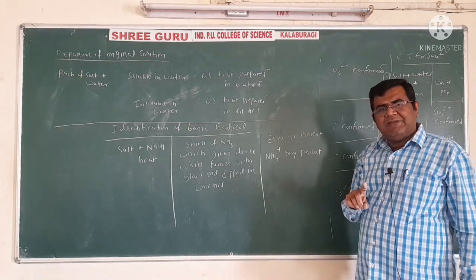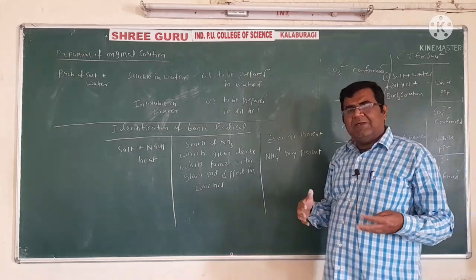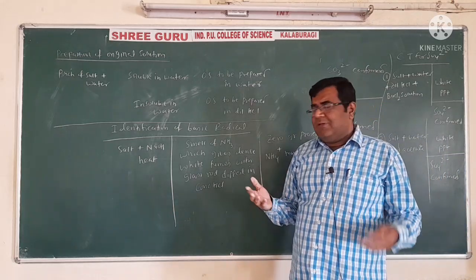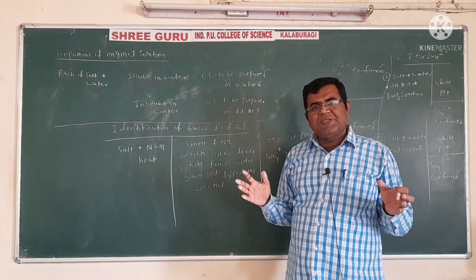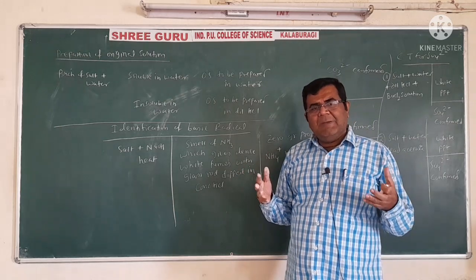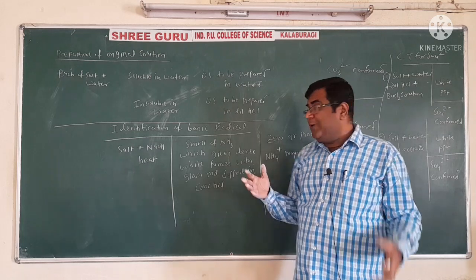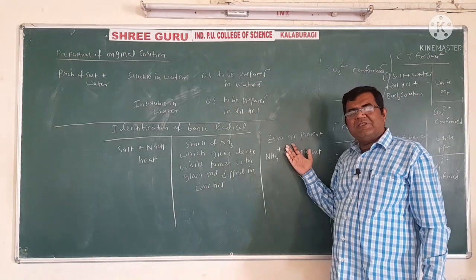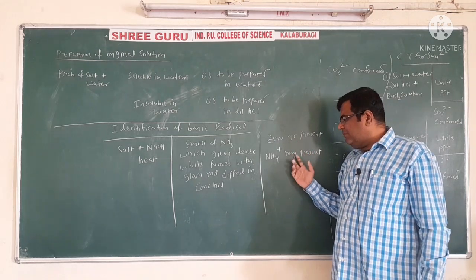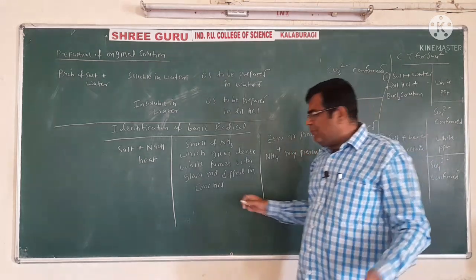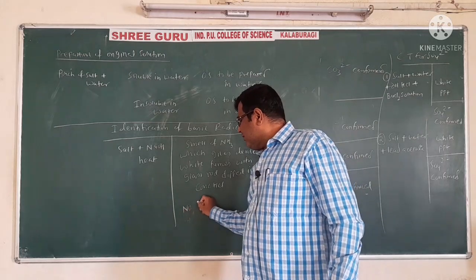Again and again I am telling that in that practical tension, when the smell of ammonia comes, you become very happy that your zero group is present, and in that happiness, in that moment, you may not write this zero group present, but that will cost you 1 mark. So write zero group present, ammonium may present. Or another possibility, no smell of ammonia.